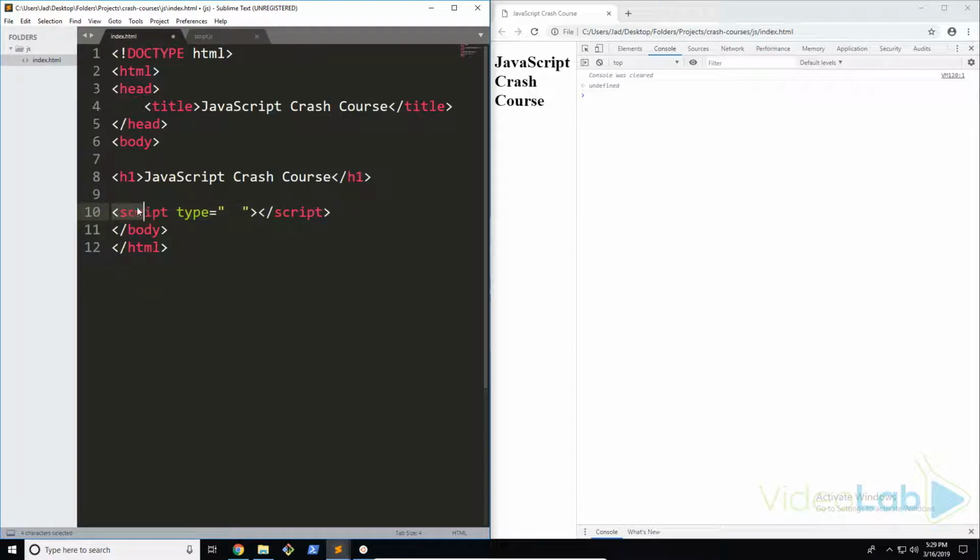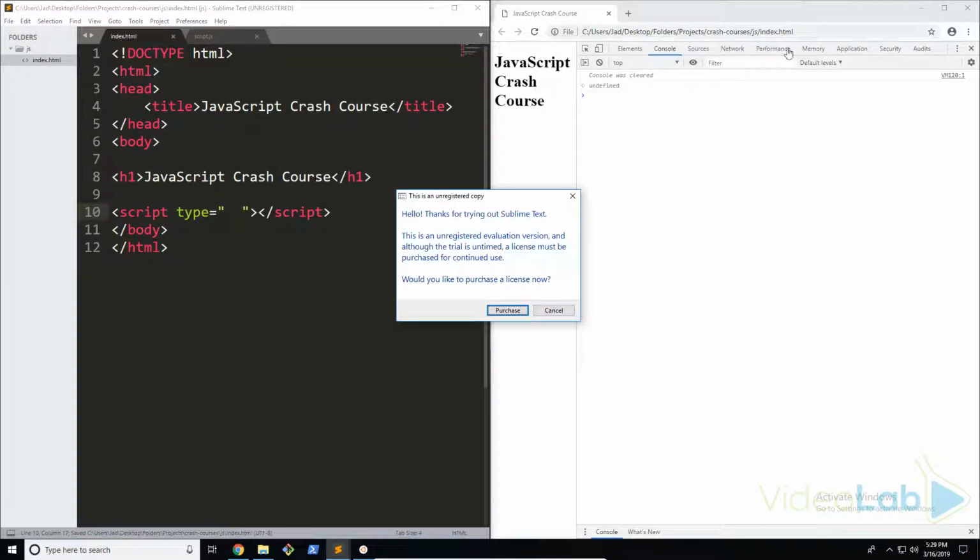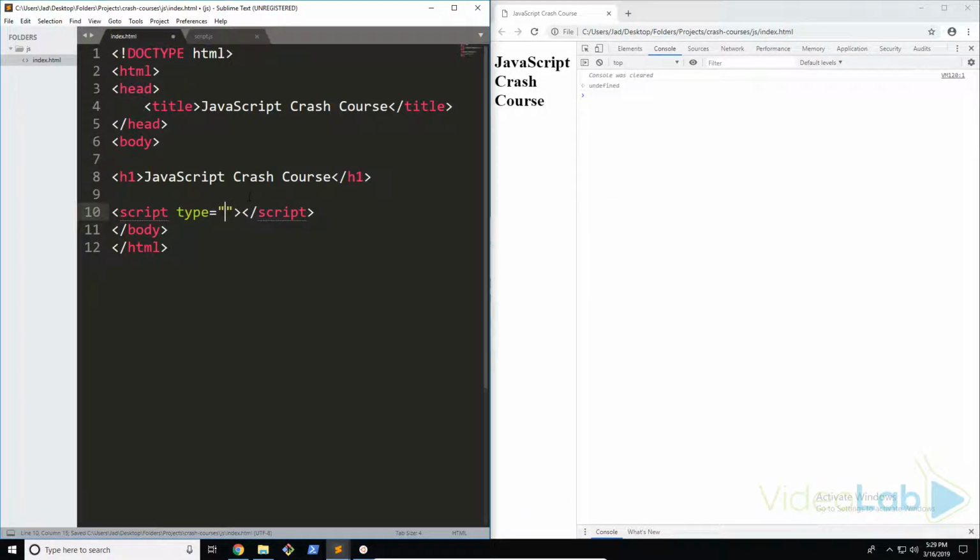You have your tag right there. But if you want, you can type it out manually. So let's go ahead and get started. I am going to enter the type, which in this case is going to be JavaScript. So the way you do that is through text/JavaScript, just like that. And the next thing you want to do is actually link to the location of your